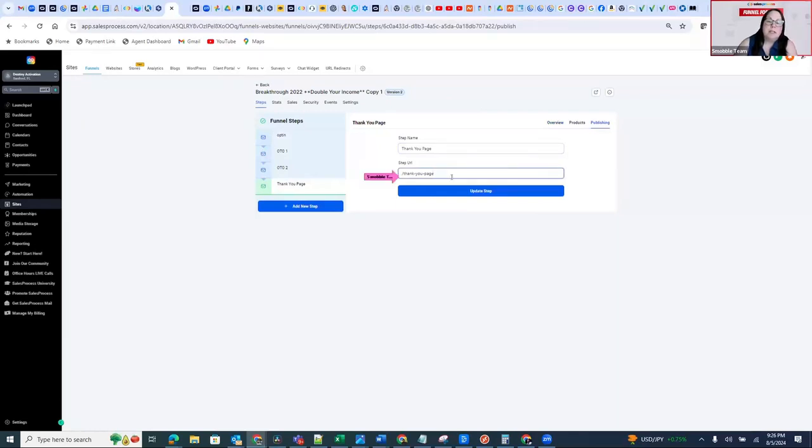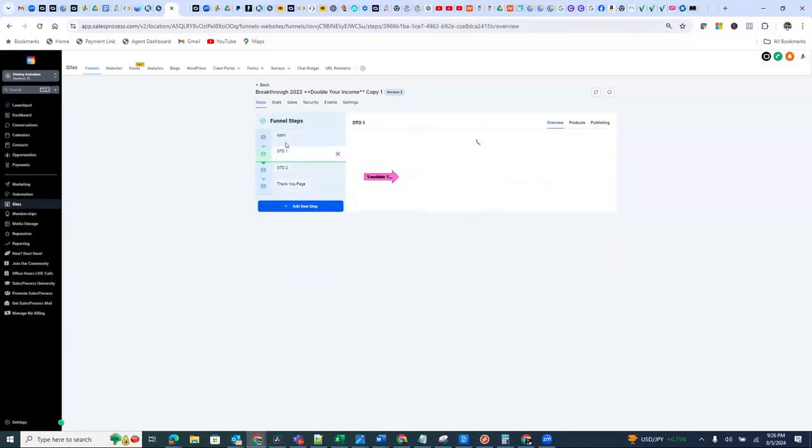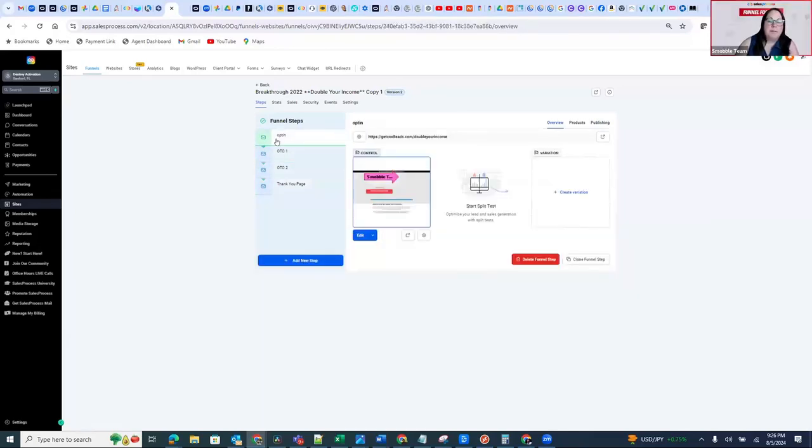The thing is that you can't have more than one of the same URL per domain. Otherwise, it'll add those numbers to it. So if it's the same, it'll add numbers to make it different. Oh, okay. So if I just say thank you page here, this would be fine, right? Yeah, it should be good, unless you have another one called thank you page somewhere else. Oh, I see. So that's how it differentiates. Okay. Yep. That cleans it up. All right, there you are. Awesome. Thanks so much. Yeah, you're welcome.